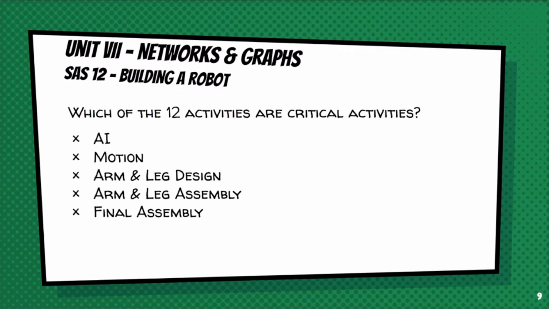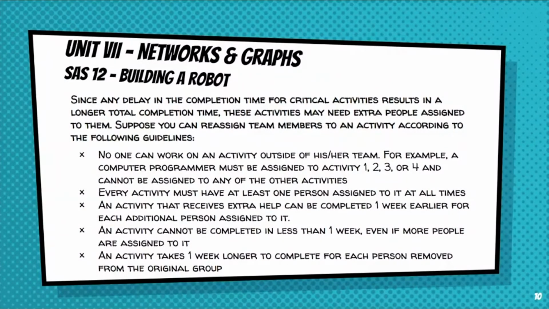Yep, there you go. There's the 5 activities. All right. Since any delay in the completion of time for critical activities results in a longer total completion time, these activities may need extra people assigned to them. Suppose you can reassign team members when they're finished with the activities already on to an activity according to the